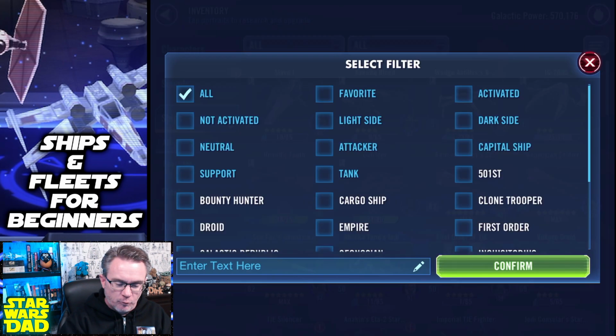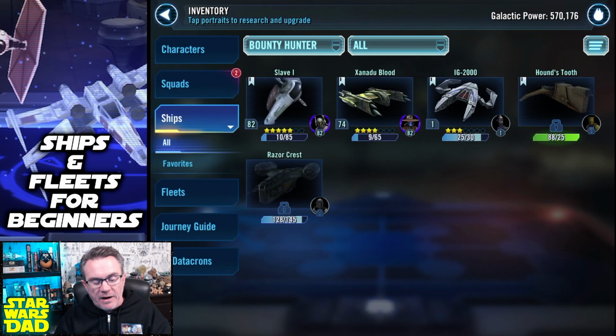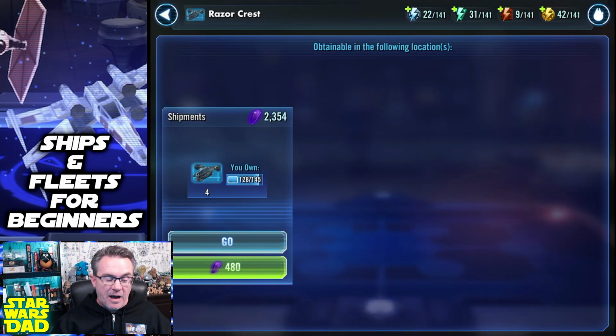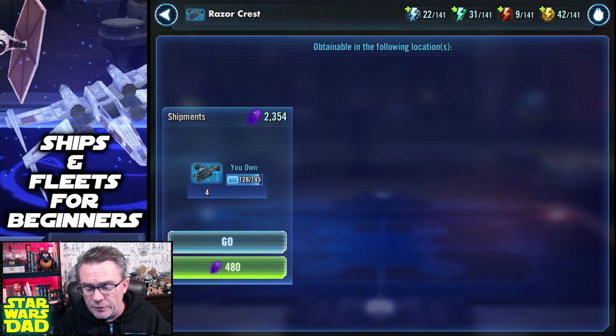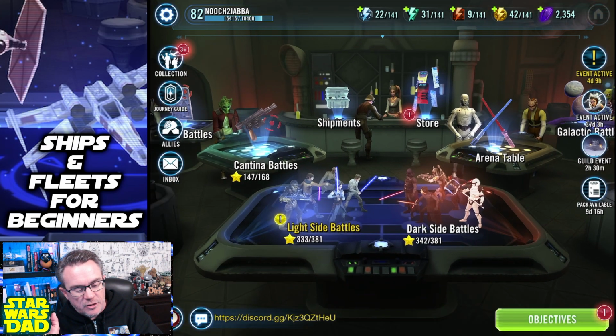The Razor Crest. You need to be grabbing Razor Crest shards. Every character should be grabbing Razor Crest shards. Bounty Hunters, here. From the very beginning of the game. Now, where do you find these? Right now, it looks like they're not... Oh, no, they're not available except with crystals. You can buy them with crystals,